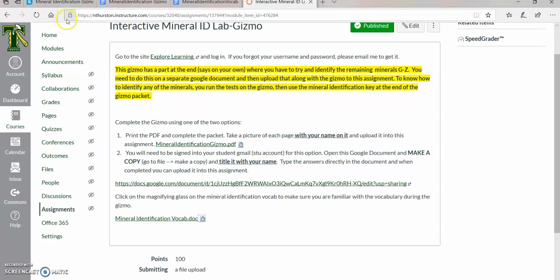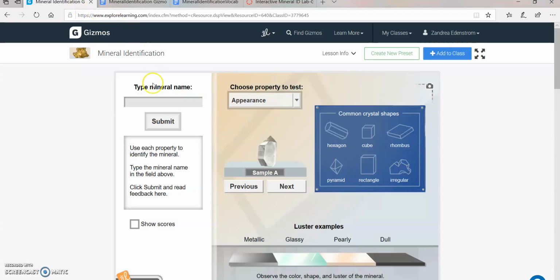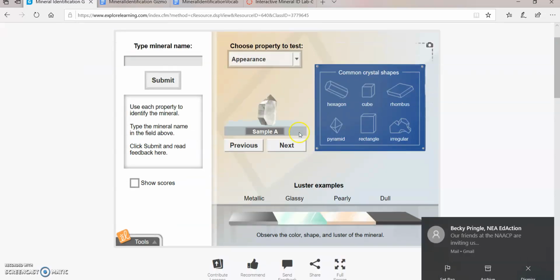Okay, so what to do with the gizmo. When you're looking at the gizmo here, there's lots of things you can play with. The first thing that it shows is appearance. That's going to be the sample. So notice it says sample A. Okay, and if I were to click through, it changes the samples. Okay, I want to start with A. Right now I'm just looking at its appearance. And the appearance is what the luster of the actual